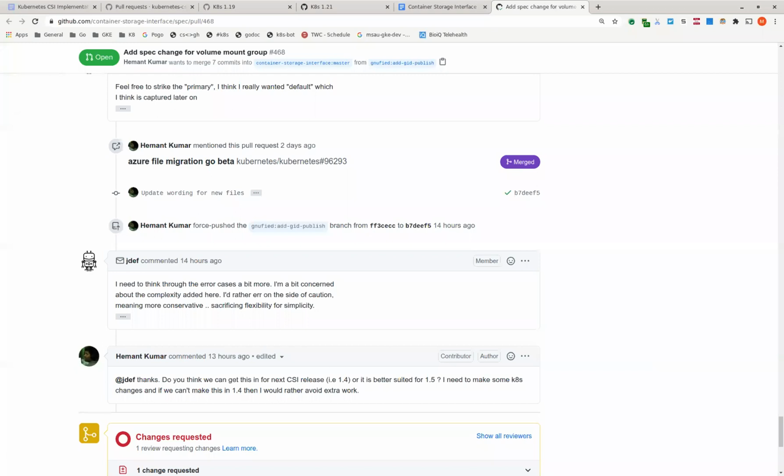a volume group identifier like volume mount group, but they only apply on mount, there could be a driver that behaves like how chown behaves internally, where on each mount the permissions are mapped, but new files are written. When you write a new file, it doesn't automatically get group read write permissions. Wait, is that a real thing or is that a hypothetical thing? It's a hypothetical thing.